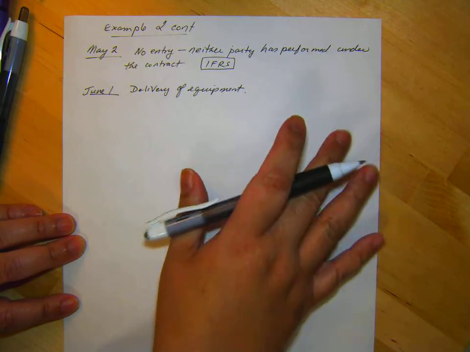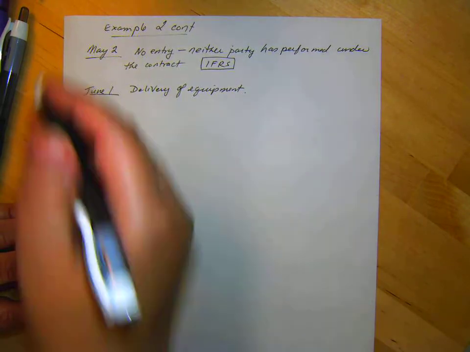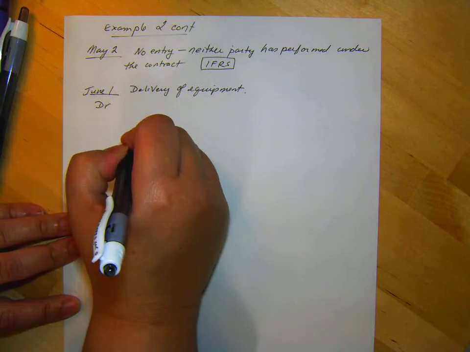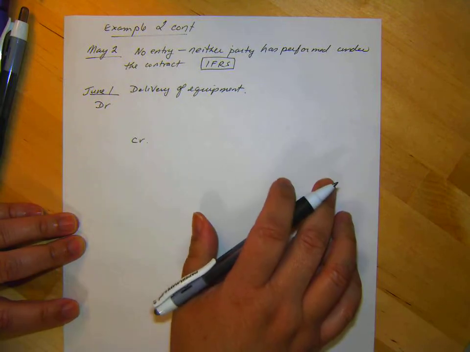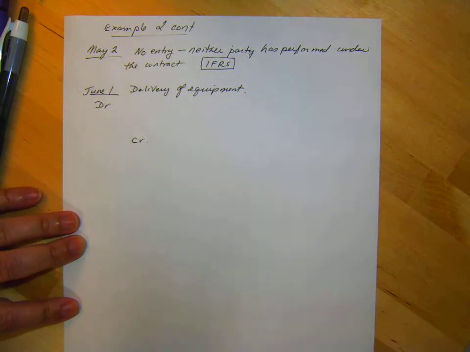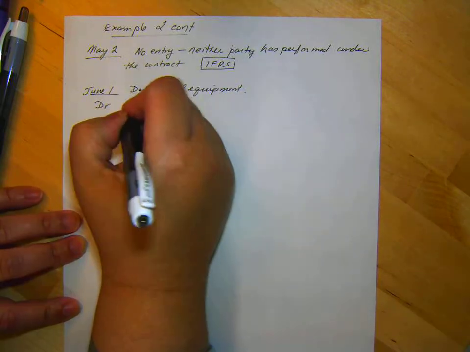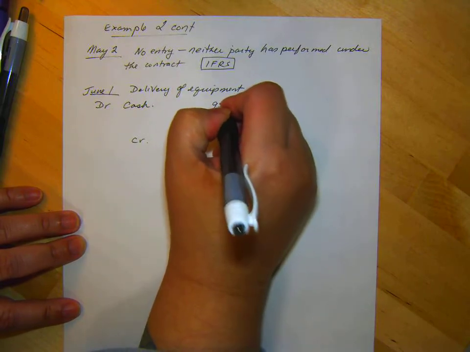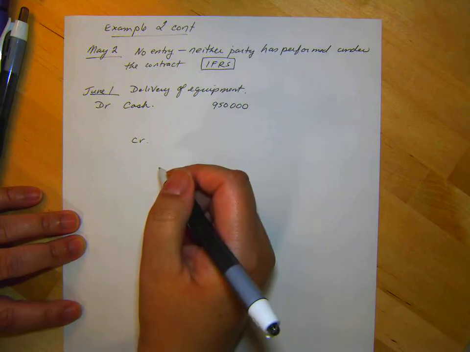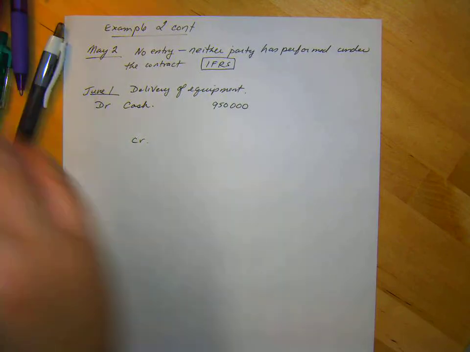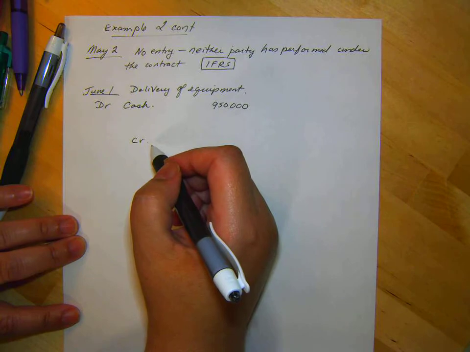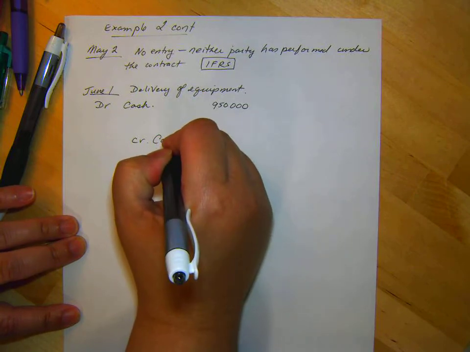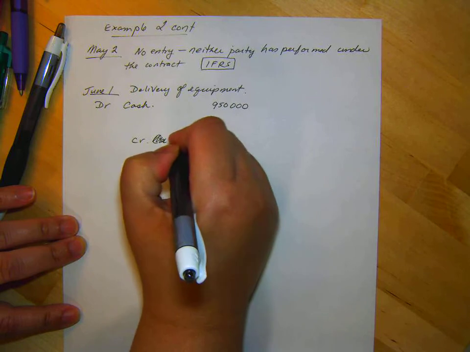So again, think physically what is happening and try and piece your entry together. Okay, are they getting any cash? Is cash being exchanged? You guys, with these transactions, always look for cash first. It's the easiest one we can picture. So yes, we are getting cash. And we are getting $950,000. That's all they had to give to us today. Now, we're going to record sales revenue. So I write cash again. Brilliant.